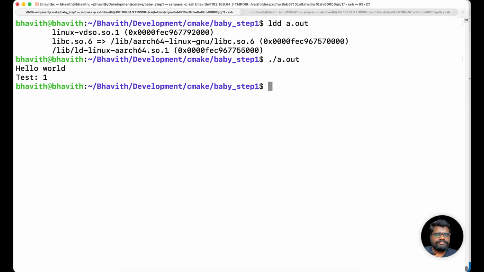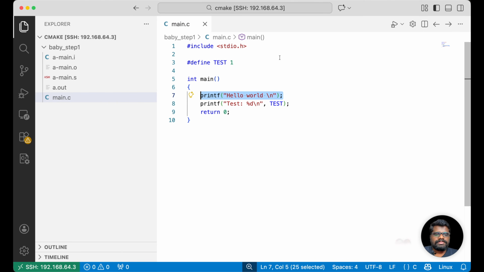These are all the different stages of compilation, which you have to know in order to understand CMake better. If you know how to write a simple makefile, then it is very easy for you guys to understand CMake. So yes guys, this is the basics about how the compilation works, and this is the fundamental for understanding CMake. Let's see in the next video what exactly we are going to